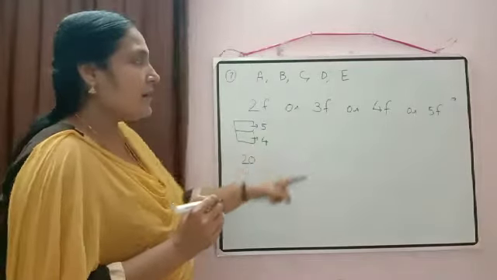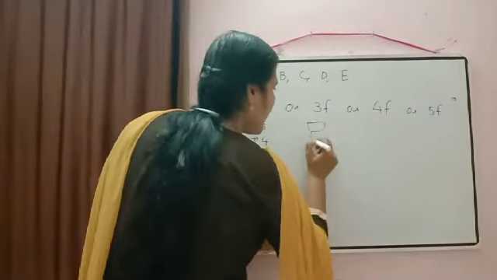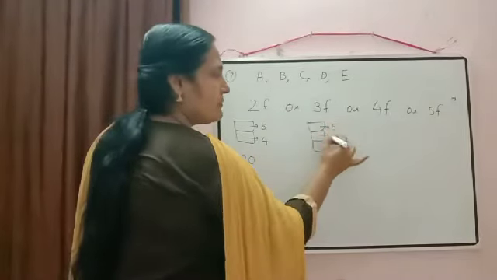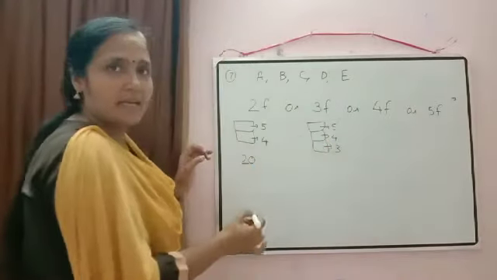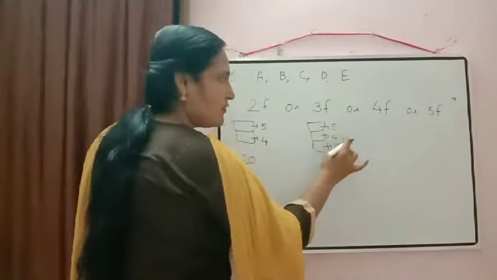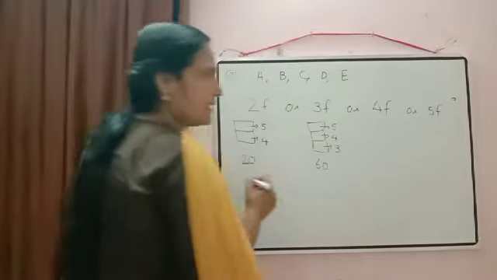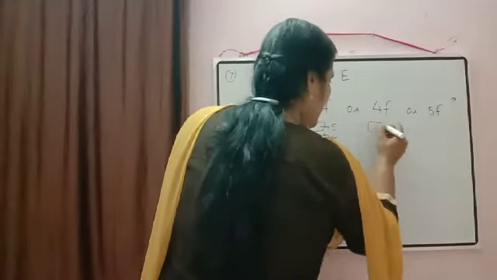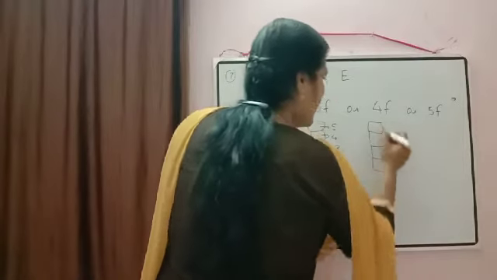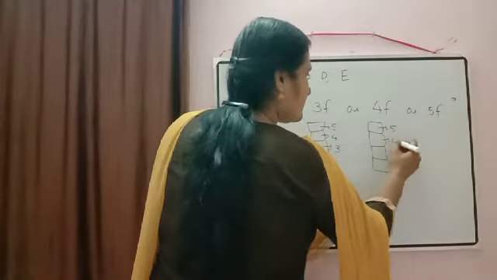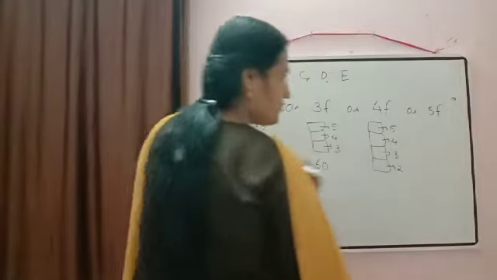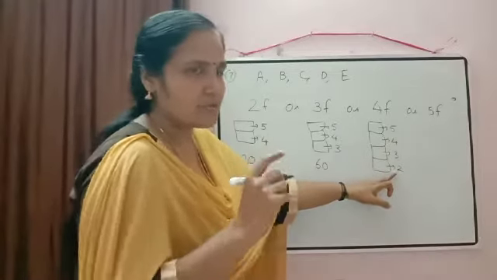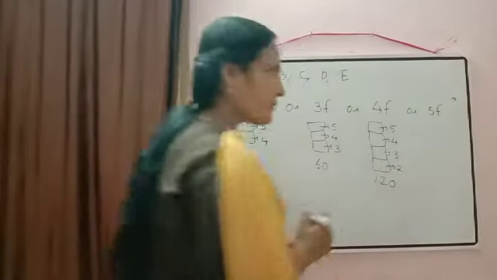Now, or when we are using 3 flags. So 3 flags I am using now. Again, this place can be filled in 5 ways, this one in 4 ways, this one in 3 ways. So total it will be equal to 5 4s are 20, 20 into 3, 60. Or if I am using 4 flags to generate a signal, then 4 columns will come. Again, this place 5 options, for this one 4, for this one 3, and then for the last one 2. So it will be equal to 5 4s are 20, 3 2s are 6. So 20 into 6 will be equal to 120.